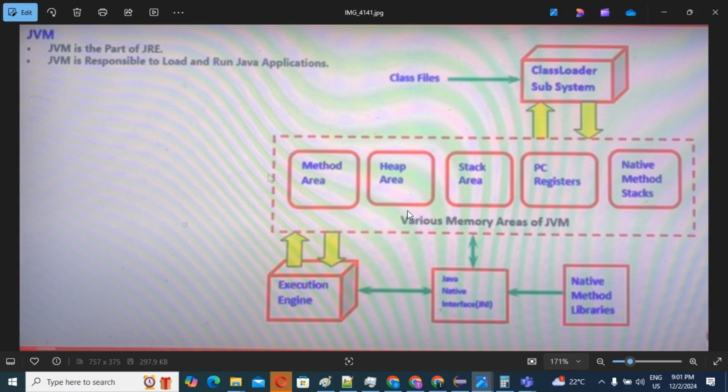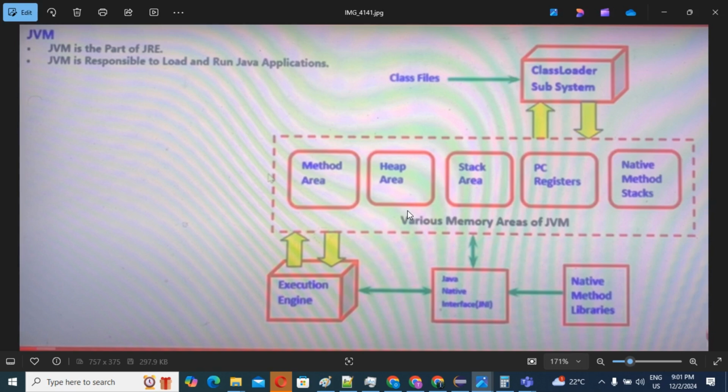In our JVM architecture, the second component is the various memory areas. You can see here: method area, heap area, stack area, PC register, native method stack. We have five types of memory area in JVM. This is the second component of our JVM architecture.